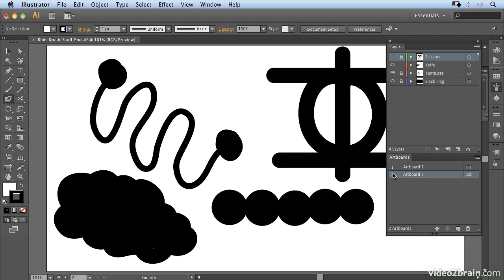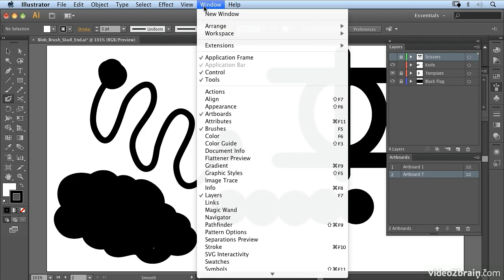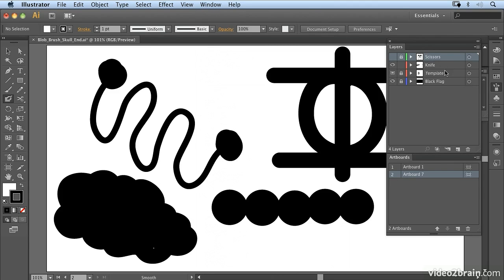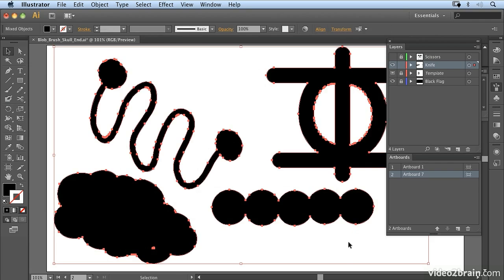If you open that and double click on artboard 2, if you haven't got your artboards panel showing, you can go to the window menu and choose artboards and layers. You'll notice that I have some experiments here that I've done using the standard brushes using the blob brush tool. If I select the knife layer and just select these using the selection tool and just delete them, what we